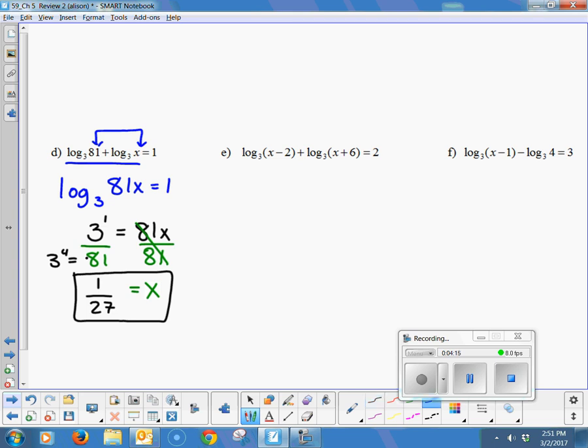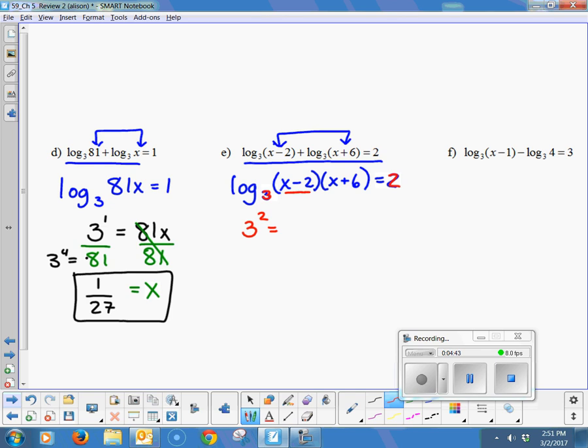Number E. Again, we see some log statements being added. I remember I did this in class, but just in case we're doing this again next year, we have log base 3 of, and again, I'm going to combine them by multiplying what it's the log of. So x minus 2 times x plus 6 equals 2. Again, I'm going to write it in exponential form. This means base 3 to the 2